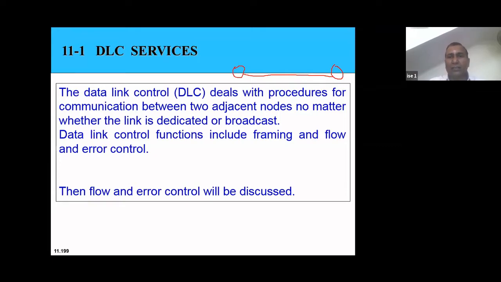Why is the MAC address needed? Because DLC is responsible for hop-to-hop communication, not end-to-end communication. Network layer is responsible for end-to-end communication. Transport layer is responsible for end-to-end communication, whereas DLC is responsible for hop-to-hop communication.